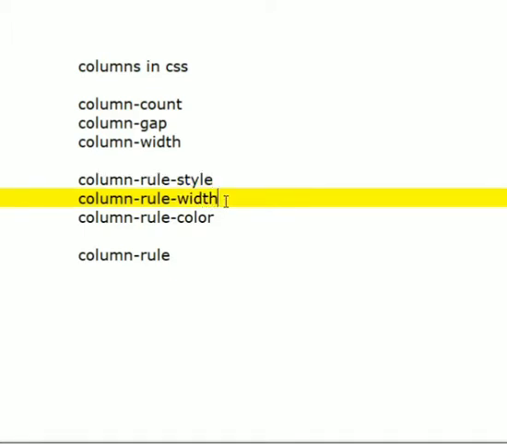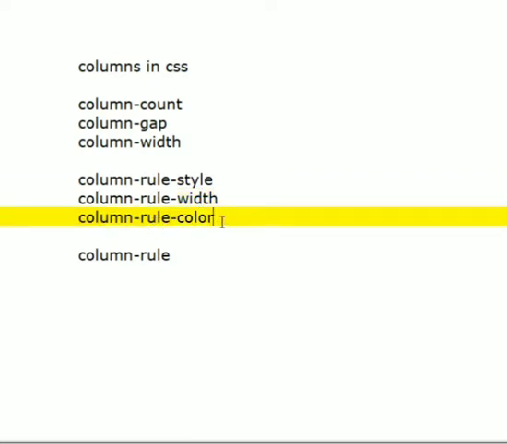We can increase or decrease the width of that line using column-rule-width. Next one is column-rule-color. By using column-rule-color, we can specify the color for that line.